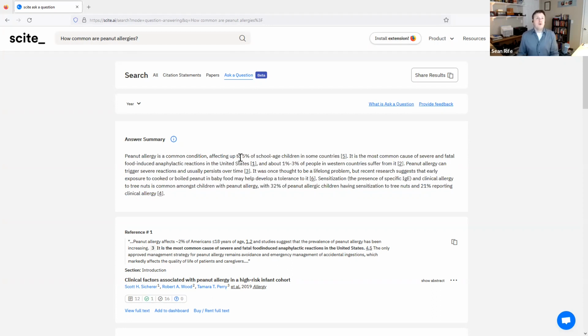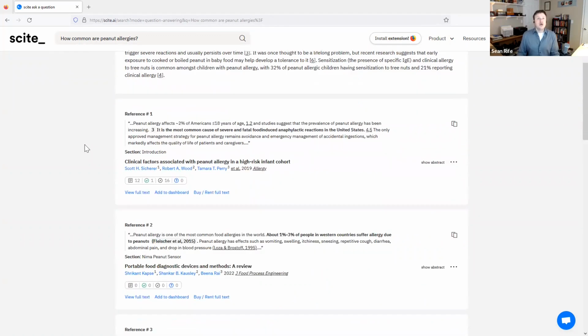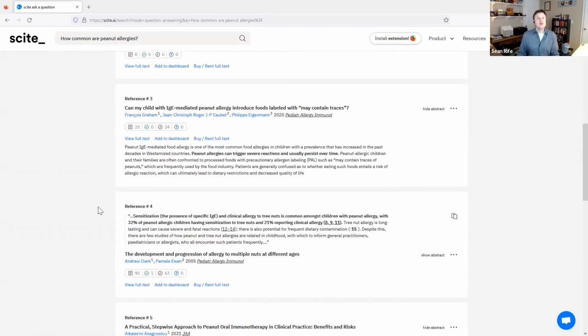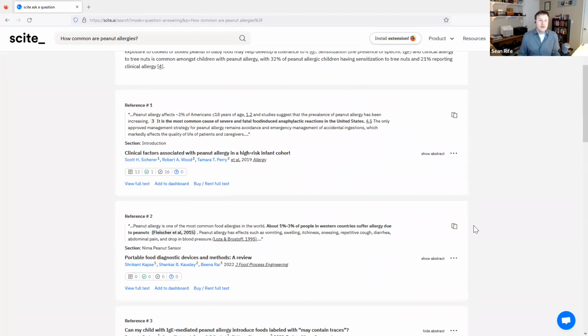To drive that point home, in coming up with this answer to my question, how common are peanut allergies, it is giving me an answer summary, but it's also showing me the references, the citations, and the full text that it's used to come up with that answer. So you can check its work, which is something that rather famously you can't do with ChatGPT. Again, that's because we've designed it to come up with friendly answers, but also answers that are correct.